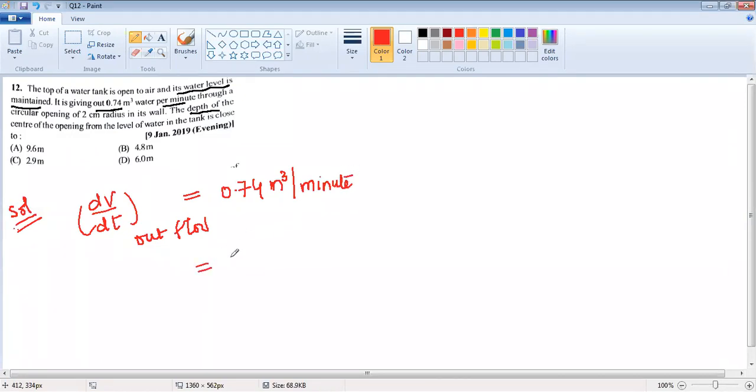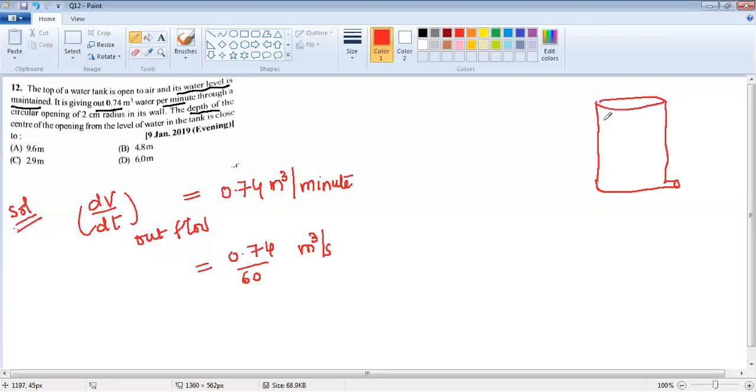That is 0.74 by 60 meter cube per second, to the pipe of circular opening. Exactly a similar type of question. Here, in the question, the height remains stationary. Now what he has given is the height from which the water falls, nothing beyond that. So this is the thing here.